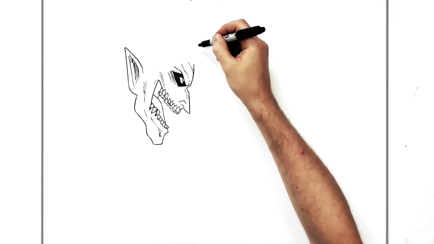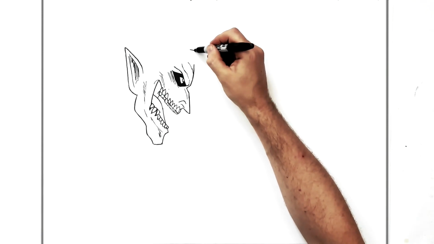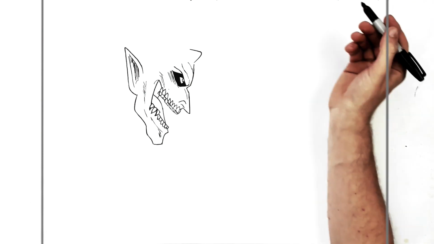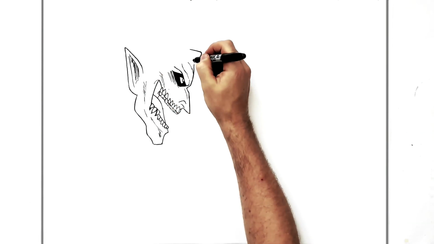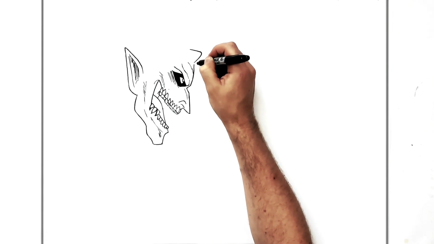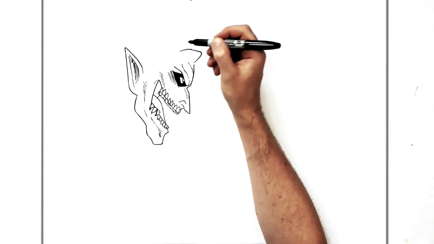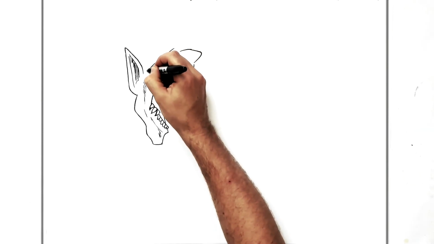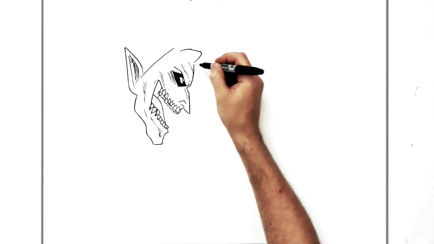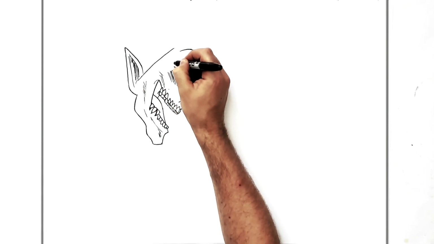So yeah, there's a pointy part here, right? Coming out like that. And then we have strands of hair that come down across his eye, right? And this hair goes roughly this way. There's a bit of a gap, and then it comes down like so, and then a long strand